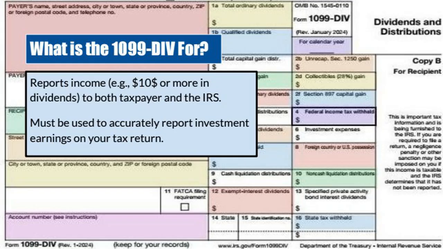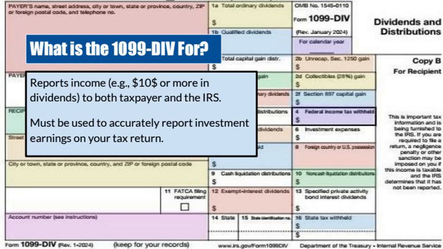A copy of this form is also sent directly to the Internal Revenue Service, IRS, which allows the agency to cross-reference the reported income on the taxpayer's annual return, such as Form 1040. Receiving a 1099 DIV is a clear signal that you have reportable investment income that must be included when calculating